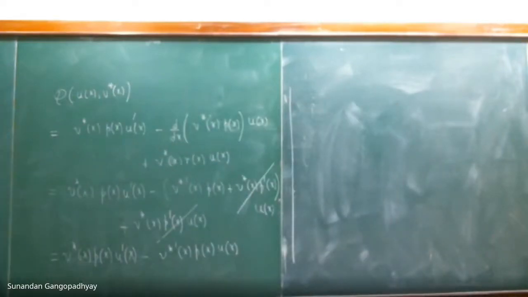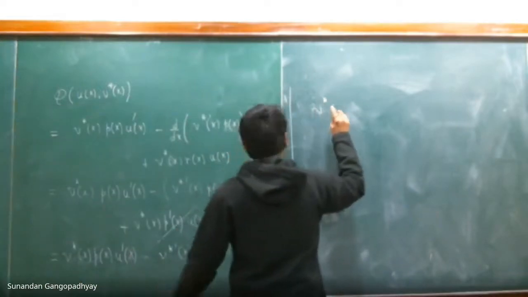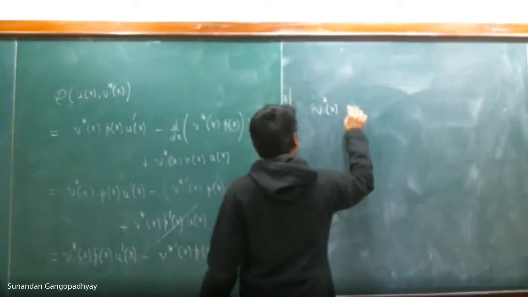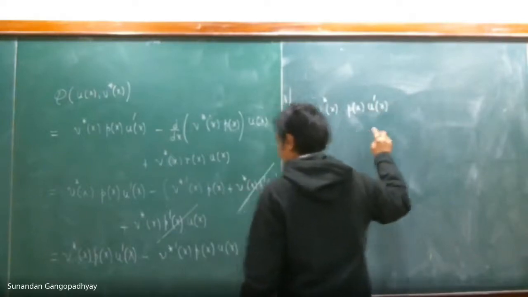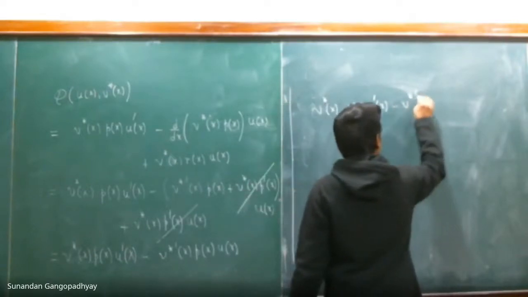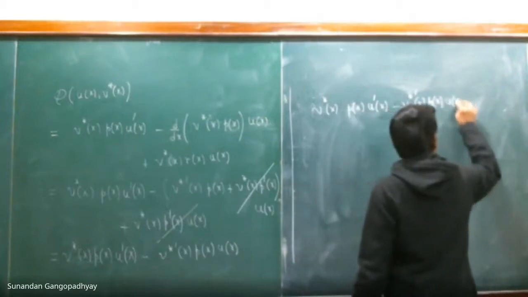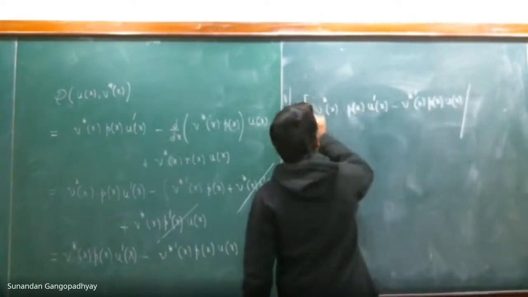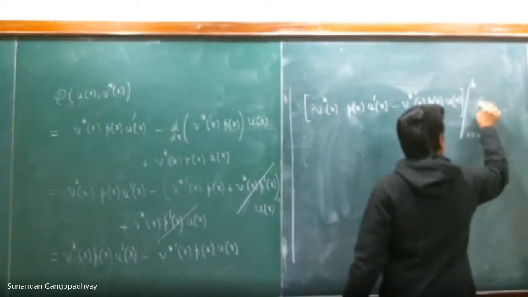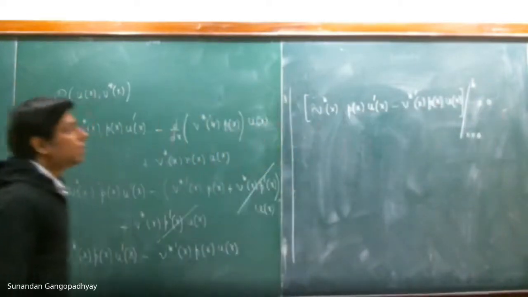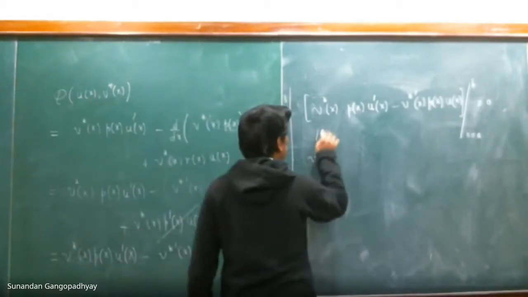So the boundary condition will be v star x, p of x, u prime x, minus v star prime p u of x. This full thing evaluated at the endpoints, x equal to a and b, should be equal to 0. So this is our boundary condition, and therefore you can see that this implies that v star at